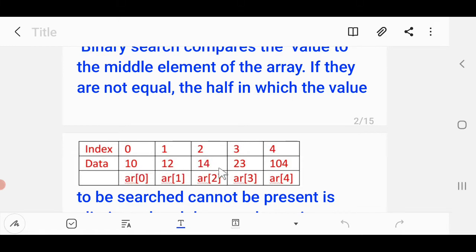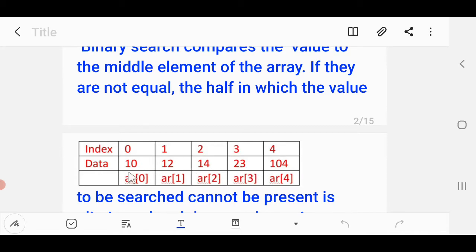Students, I told you already that data must be sorted. So when I am here, at location number 2, the smaller elements will be before the middle element because it is in ascending order, and the bigger elements will be after the middle location, right? So in this case, the element you are looking for is bigger than the middle element, so I have to move to this second half, which is after the middle location.